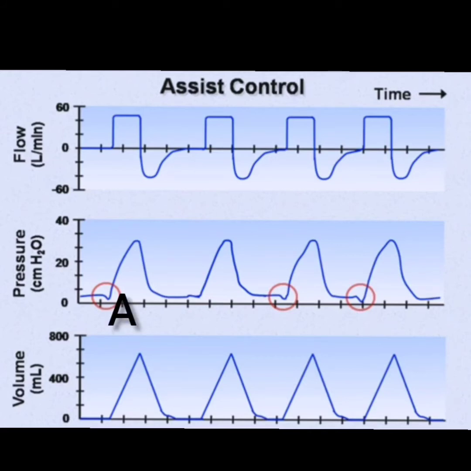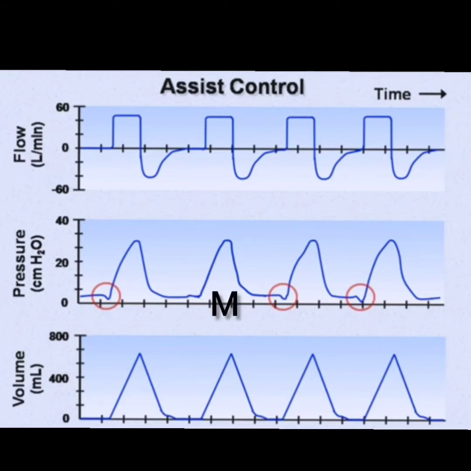So this first wave is called an assisted breath, as it is initiated by the patient by creating a negative pressure. So it is pressure triggered. The second positive wave, if you observe, is not preceded by a negative deflection. So it is a time triggered breath. This second positive wave also has a pressure of 30 centimeters H2O. As it is not preceded by patient efforts, it is called a mandatory breath.